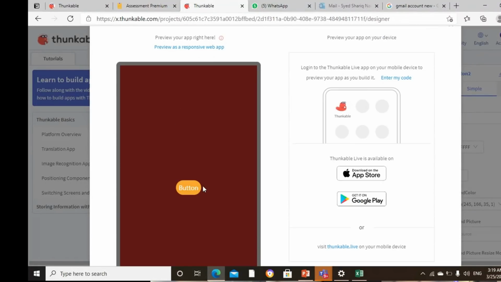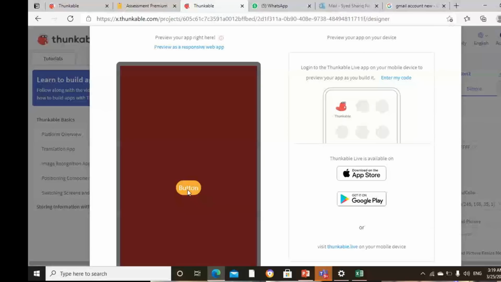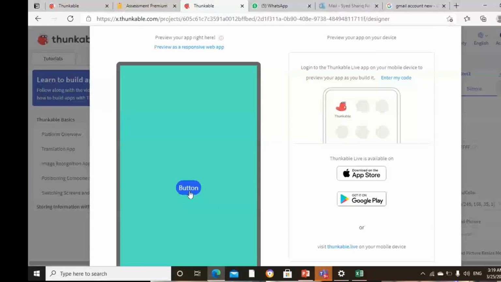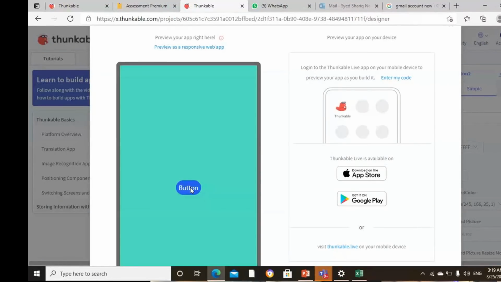See now, when I click this button, it's coming to the first screen. When I click on this button, it's going to the next screen. That means our link, our programming is perfect.